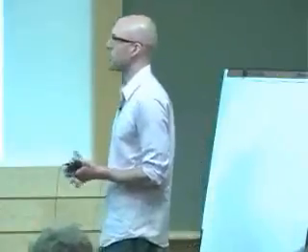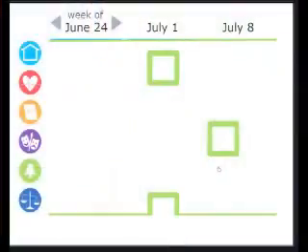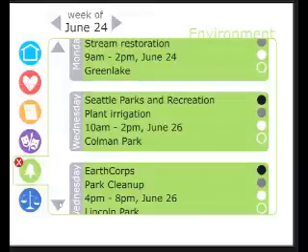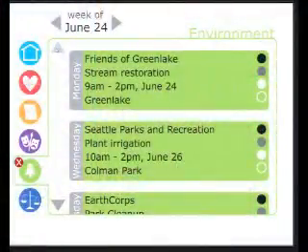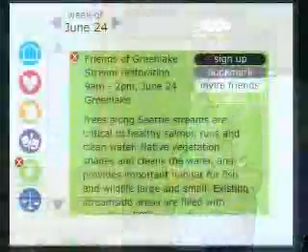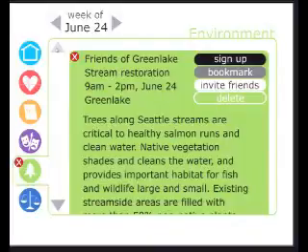And she's particularly interested in the environment based on her job, and she takes a look at what opportunities are available locally here in the environmental category. And so she sees one, Friends of Green Lake Stream Restoration, that looks particularly interesting. She's able to peruse it, get some more details, find out some contact information, and then it is either to sign up, bookmark it to save it for later, invite a friend, or delete it from her little roster.